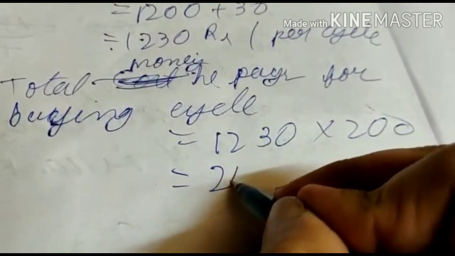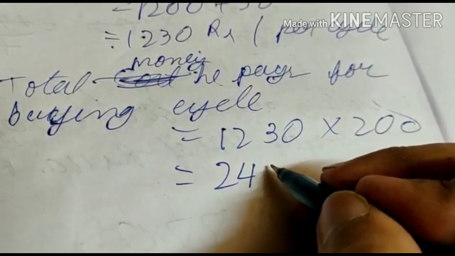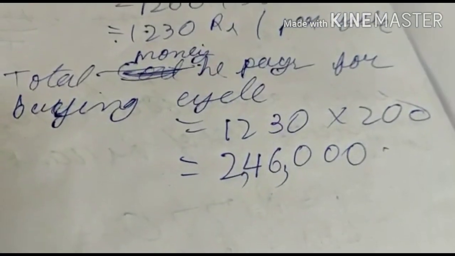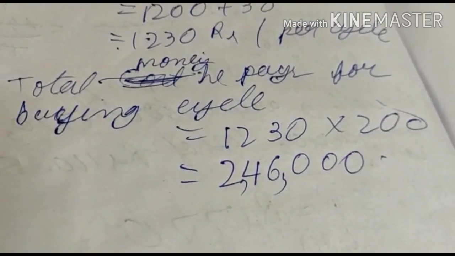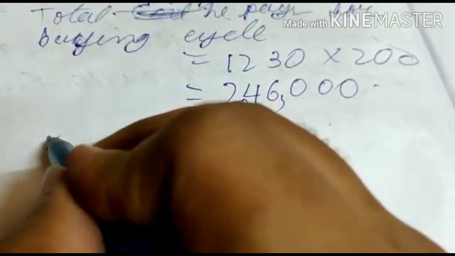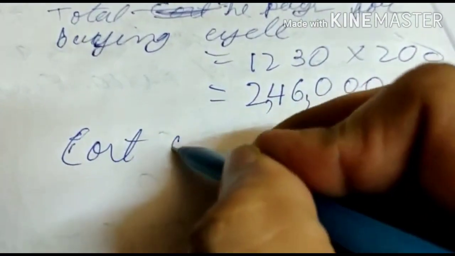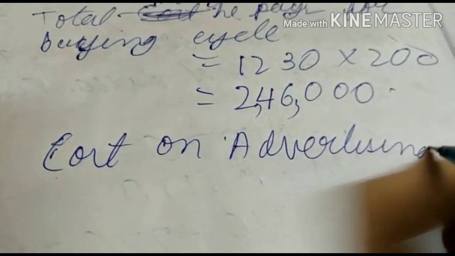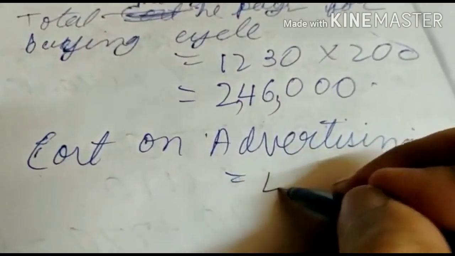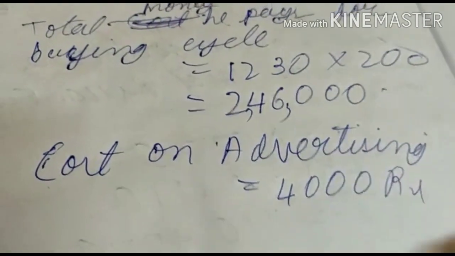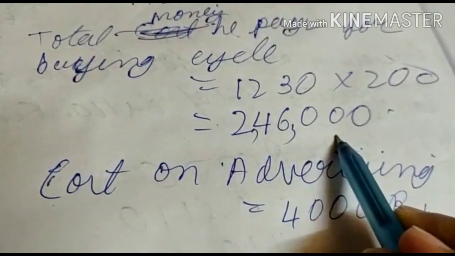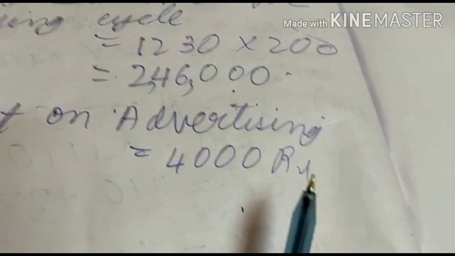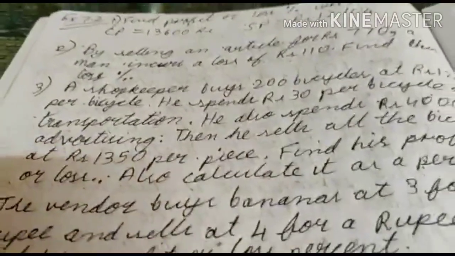It is 2460. So he pays 2,46,000 for 200 cycles. After this he spends some money on its advertisement, that was 4000 rupees. So he spends this much for cycles and 4000 on advertisement, and no other expenses he has made for the cycles, and it is then saying that he sells at rupees